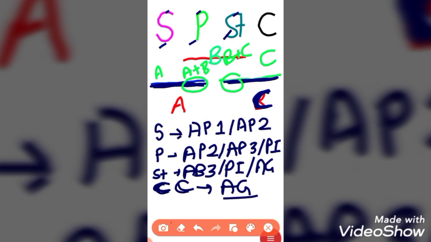The sepals are forming from the Apetala 1 and Apetala 2, only the class A gene. Petals are forming from the class A plus class B genes, because there is an overlapping region, this region. So Apetala 2, Apetala 3 and the Pistillata. Stamen will form from the Apetala 3, Pistillata and Agamous, that is B plus C gene, and the carpel will form from only Agamous or the class C genes. This you can take a screenshot or you can remember these things, because the questions are generally asked from this area. Then whenever we mutate any gene, what will be the effect on the floral identity or the floral development.